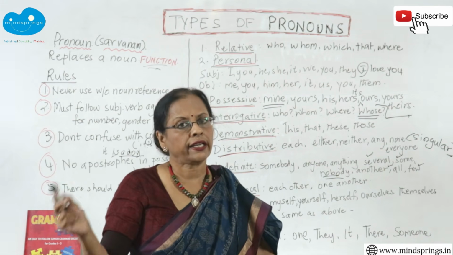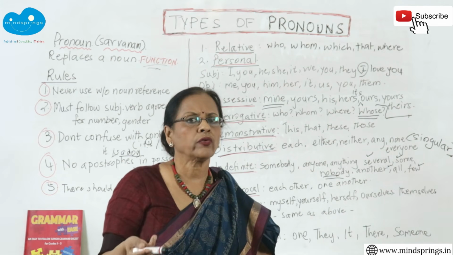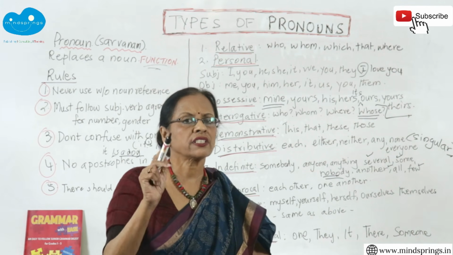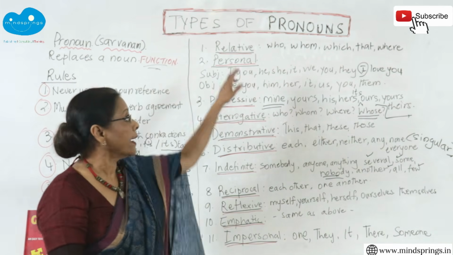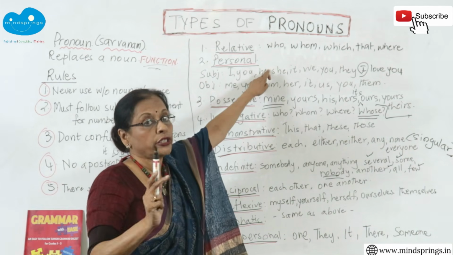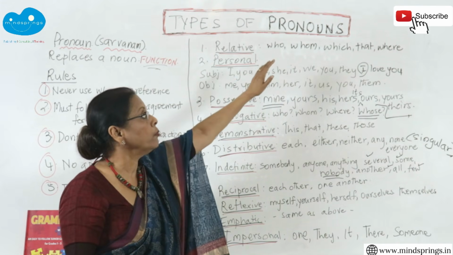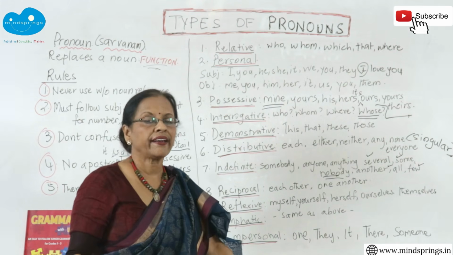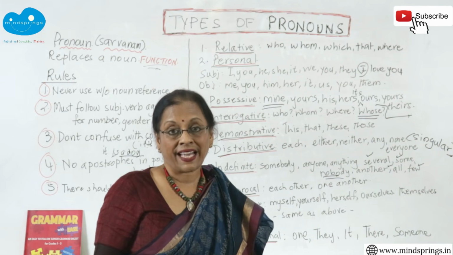The girl is standing near the door. The girl is the secretary. I don't want to repeat it over and over again. The girl, the girl. So instead of saying the girl 2 times, I am using the word who. And that is my relative pronoun. It joins two clauses. So when you combine sentences, who, whom, which, that, where, all these are relative pronouns. They make